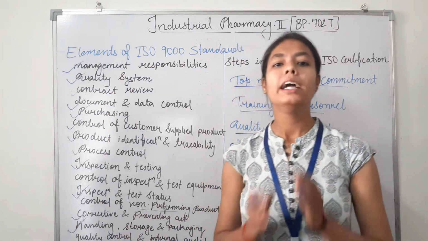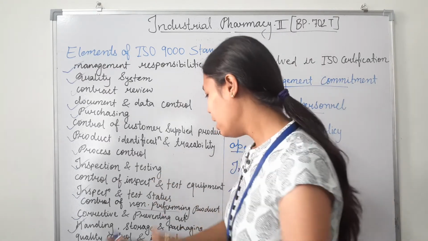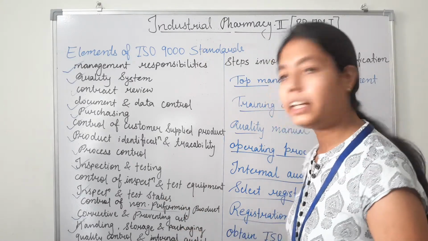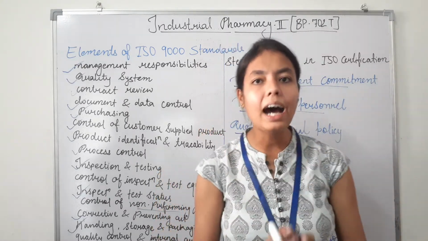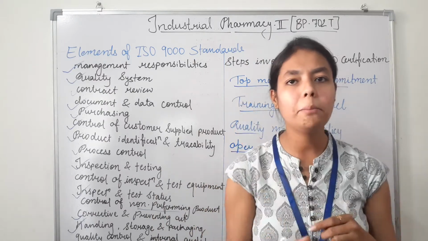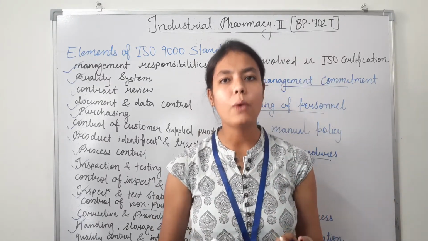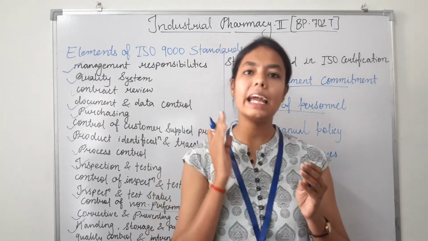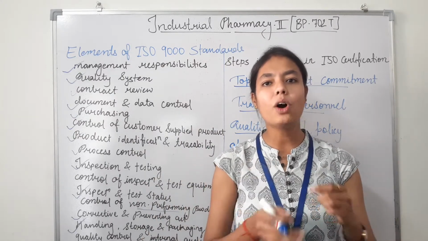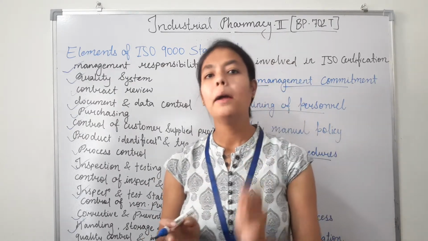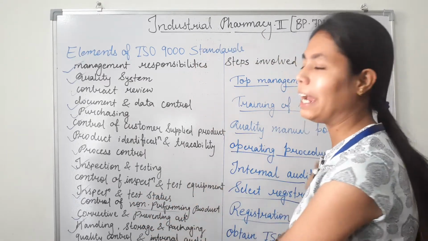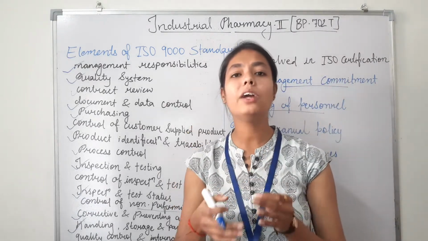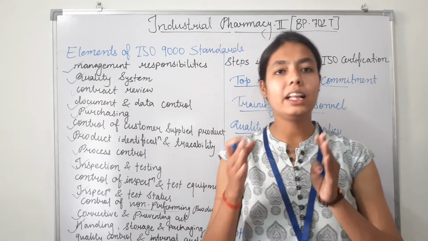So if we talk about internal quality audit, to control the quality there is a provision of internal audit. So we have to plan and document checks on the implementation and the operation of the quality management system, to help confirm that it is being operated correctly and effectively. So the internal quality audit must be conducted on a regular basis. Before we go for an external audit or inspection, we have to perform an internal quality audit from time to time to maintain the quality.